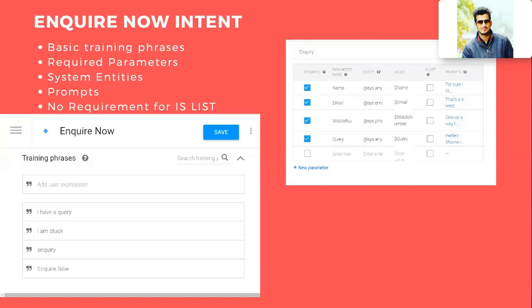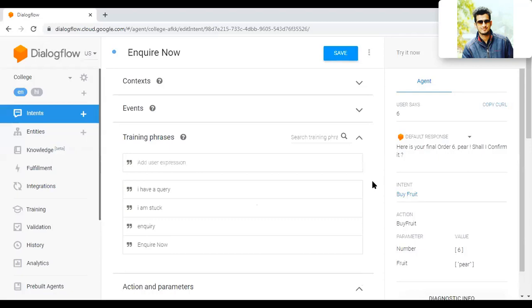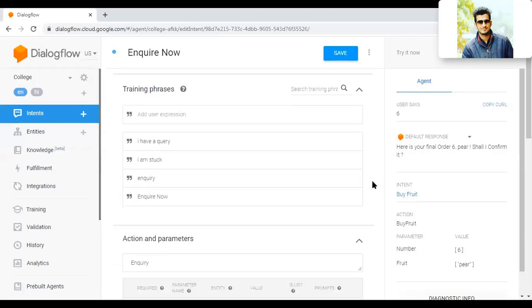Okay, as you can see here, the training phrases are I have a query, I am stuck, inquiry, inquire now, and the parameters I am collecting are name, email ID, mobile number, and the user query. So let's go and explore this particular intent. Yeah, so I'm here at the inquire now intent, and as you can see here, there are multiple training phrases